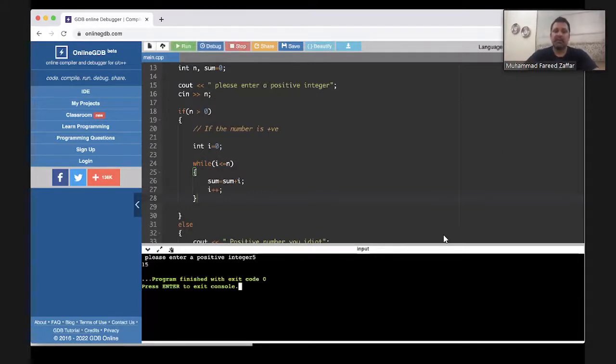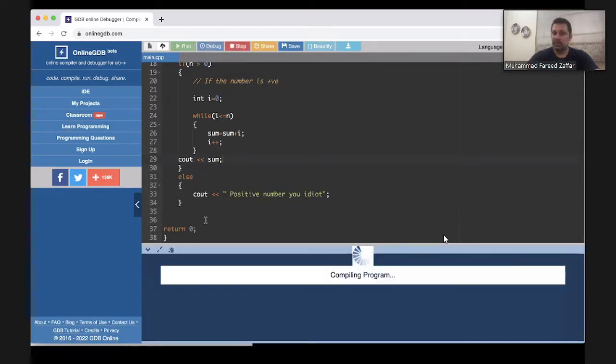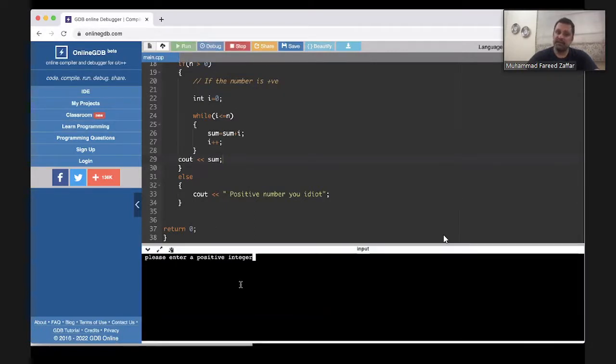So हम 5 enter करेंगे तो उसने 15 enter कर दिया। तो we just logically checked our code for one use case. So what if we enter -1? When we enter -1, it's going to say it should be a positive number, and it's not. ठीक है? Now this is an example। हमने इसके अंदर दो चीजें की हैं। हमने क्या किया है कि हमने एक while लूप बनाया है जो कि n दफा रन करता है। हमने if else से कंडीशन चेक की है।